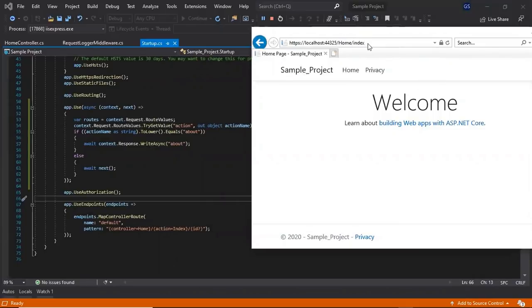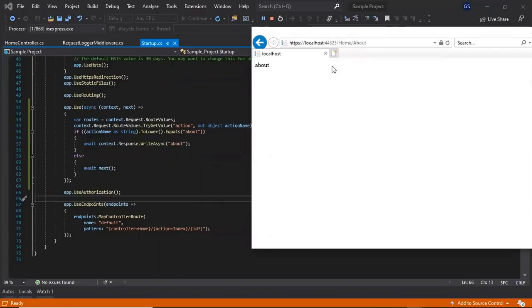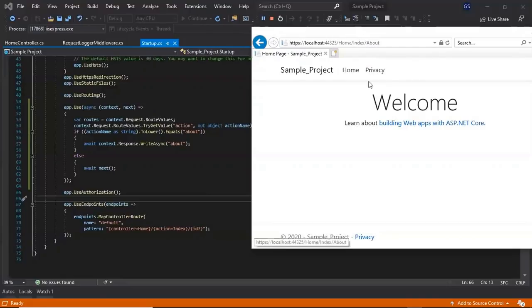Home/index. Okay, about. So it returns the response as about. If I issue index/about, it will not match about because now we are getting the action name as index.